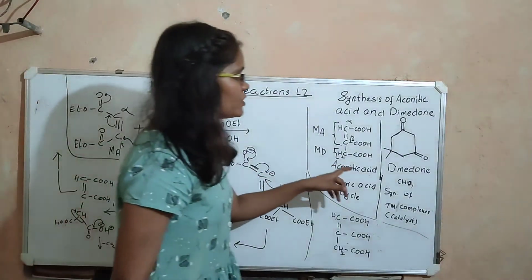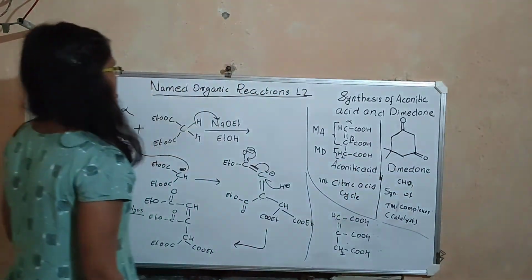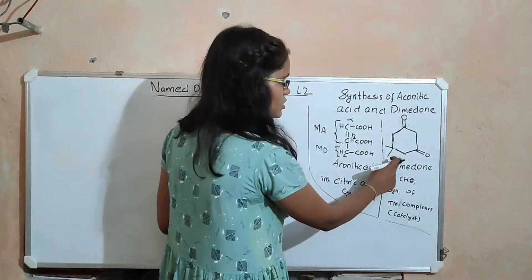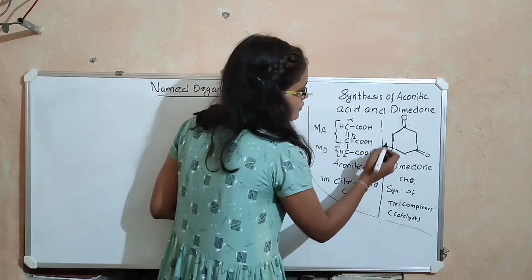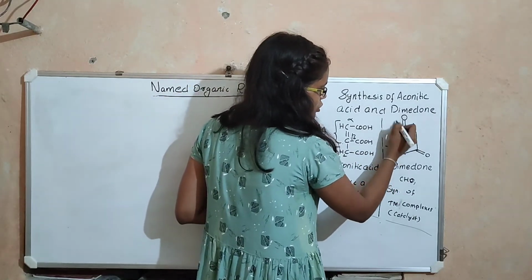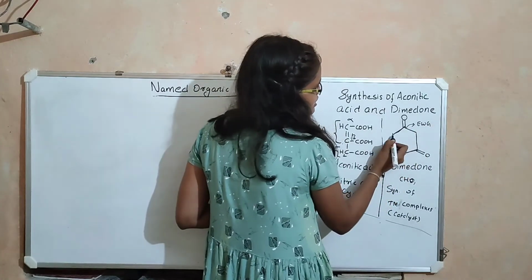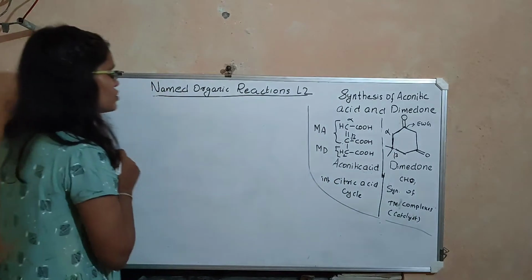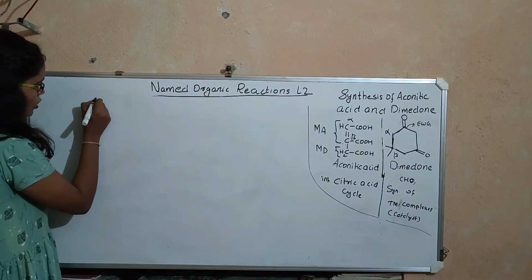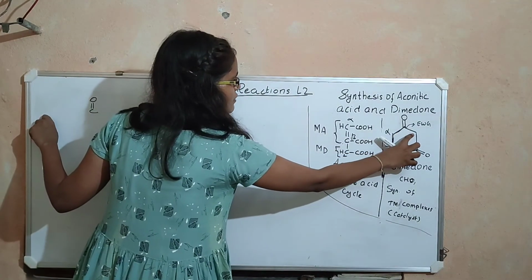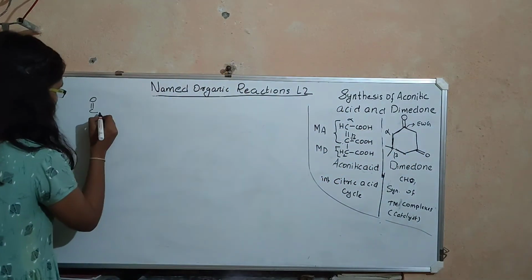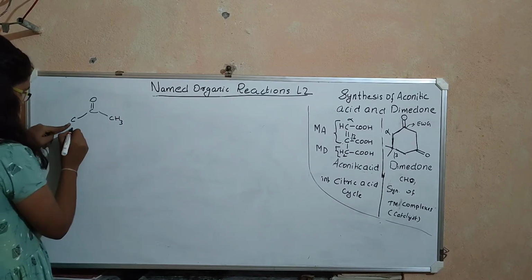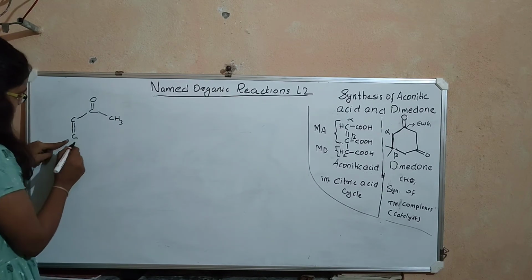Now let us see how we synthesize dimedone using this Michael addition reaction. Now let us guess the Michael acceptor and Michael donor from the structure of dimedone. If you consider this carbonyl group as an electron withdrawing group, then this carbon will become an alpha carbon and this carbon will become a beta carbon. So what you have is C double bond O. Now on the right side you have a CH2 group. Then before the reaction, this might have been a CH3 group. Okay. So you have an alpha carbon and beta carbon.